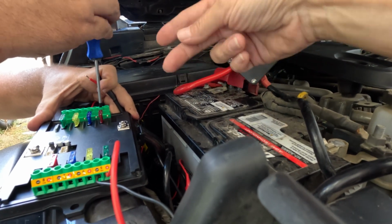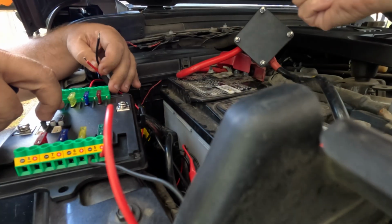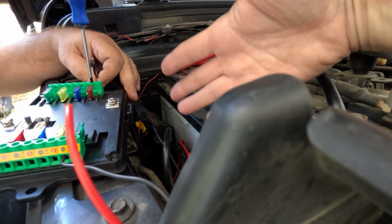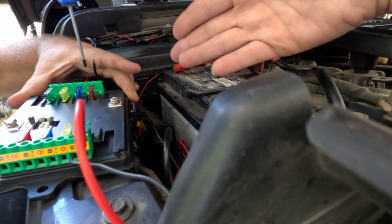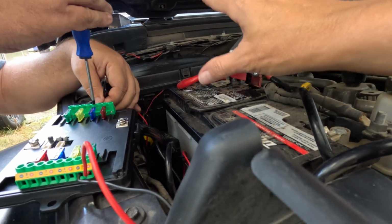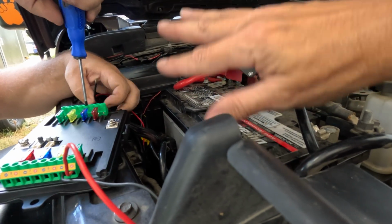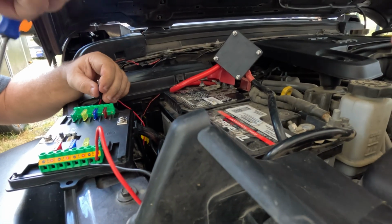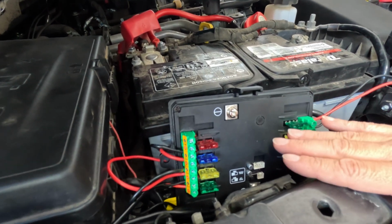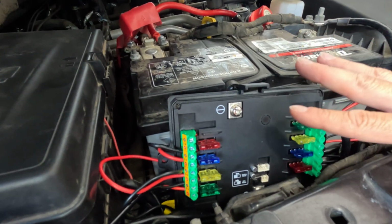So we figured we should be able to snip, which we did, out the inline fuse, because that's technically what this is, right? Yes. It's just it's fused. Yes, it's a fuse. And we're putting that in spot number 3. That should still allow the switch that came with the lights to work. We will just have to turn this on first so that we actually have power to that functional switch. Right now, we have everything on here that we're going to put on here. So the next step is going to be to hook up the battery, and we're going to test everything before we continue